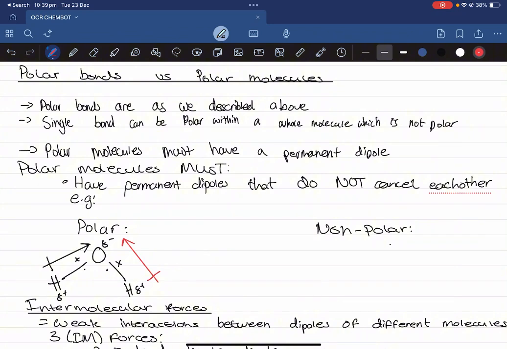That is how you draw out a dipole. Now, to be able to determine whether a molecule is polar, it's whether or not these two dipoles cancel each other out. Now, these two dipoles can't actually cancel each other out because the arrowheads are pointing directly at each other. But if we look at another molecule, such as carbon dioxide,